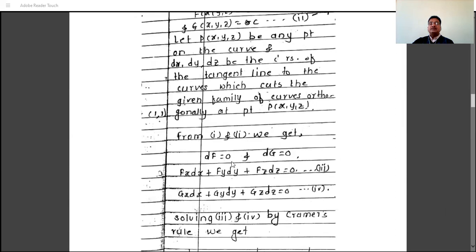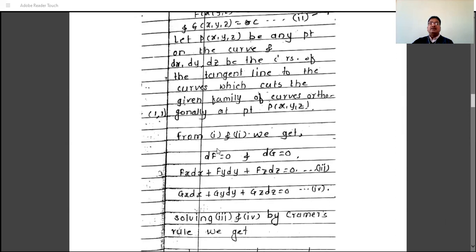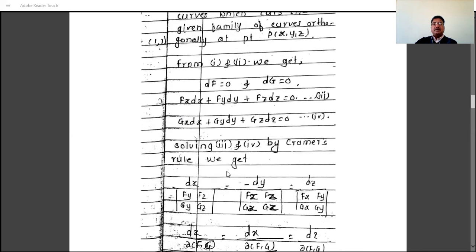So from 1 and 2 we take the complete derivative, that is df is 0 and dg is 0. The df is f_x dx plus f_y dy plus f_z dz equals 0; suppose this is the third equation. Then dg equals 0, the complete derivative of the function g(x,y,z), is g_x dx plus g_y dy plus g_z dz equals 0, where g_x means the partial derivative of g with respect to x, and so on. This is equation number 4. Then solving equations 3 and 4 by Cramer's rule, we have dx divided by the determinant f_y f_z g_y g_z,